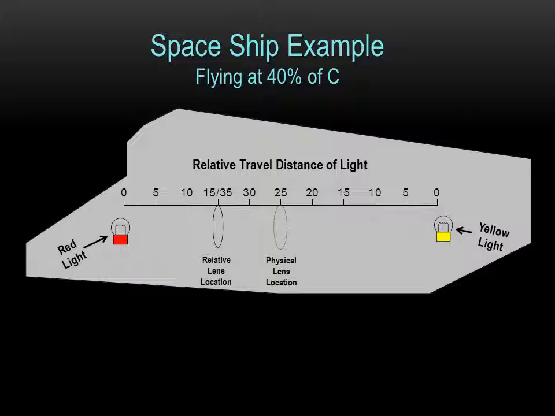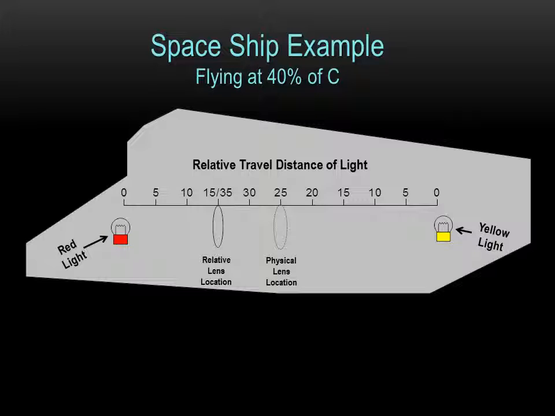The same experiment is performed after the spaceship takes off and attains a speed that is 40% of c, the speed of light. At that speed, the relative travel distance of the yellow light increases to 35 feet. The physical position of the lens has not changed. It is still 25 feet from each lamp, but the blending lens moved an additional 10 feet forward, away from